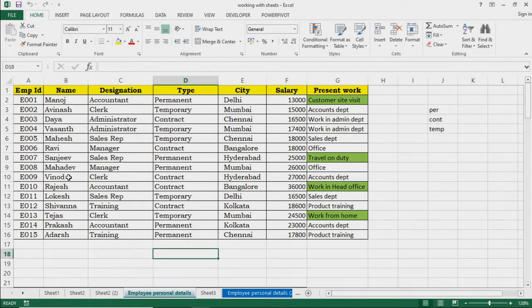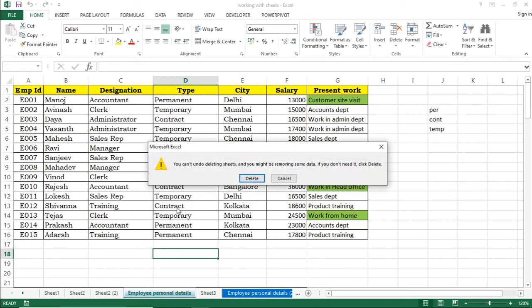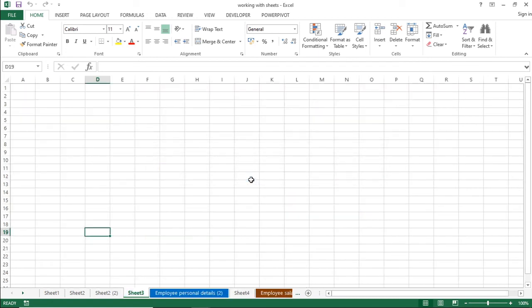In this example, I will try to delete the employee personal details sheet. I can just do this by right clicking on the sheet tab and using the delete option. You cannot undo deleting a sheet. You can give the confirmation, so the sheet gets deleted.